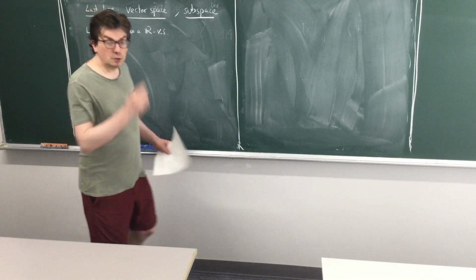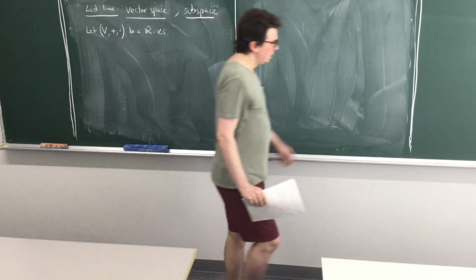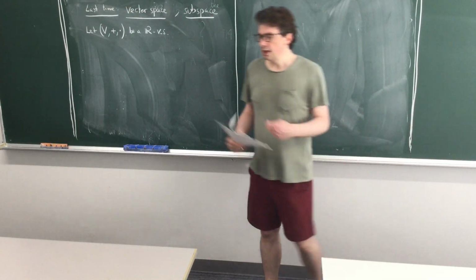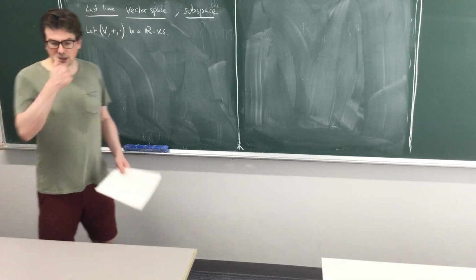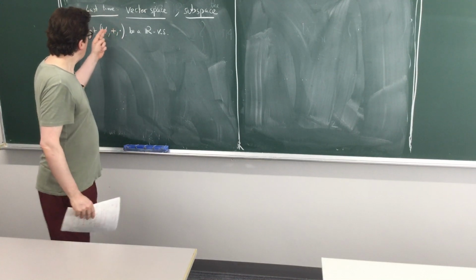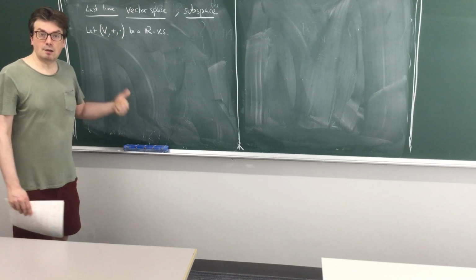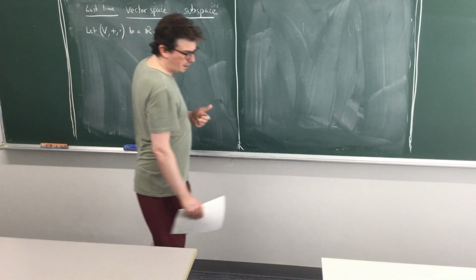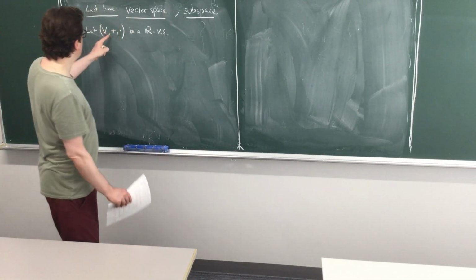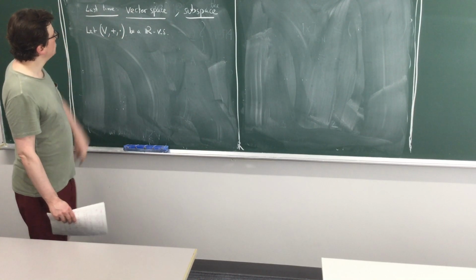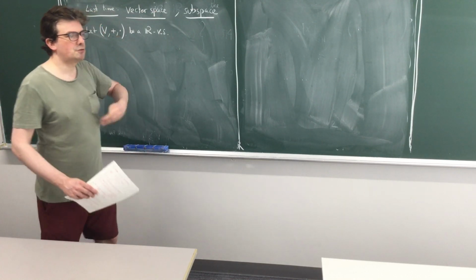Okay, so today we continue our lecture on vector spaces. Remember that last time we introduced the notion of vector space. What was a vector space? It was a set with two operations, a plus and a scalar multiplication, satisfying 8 conditions, basically a group of 4 concerning the addition, and a group of 4 conditions concerning the scalar multiplication. So a set with 2 operations satisfying 8 conditions.